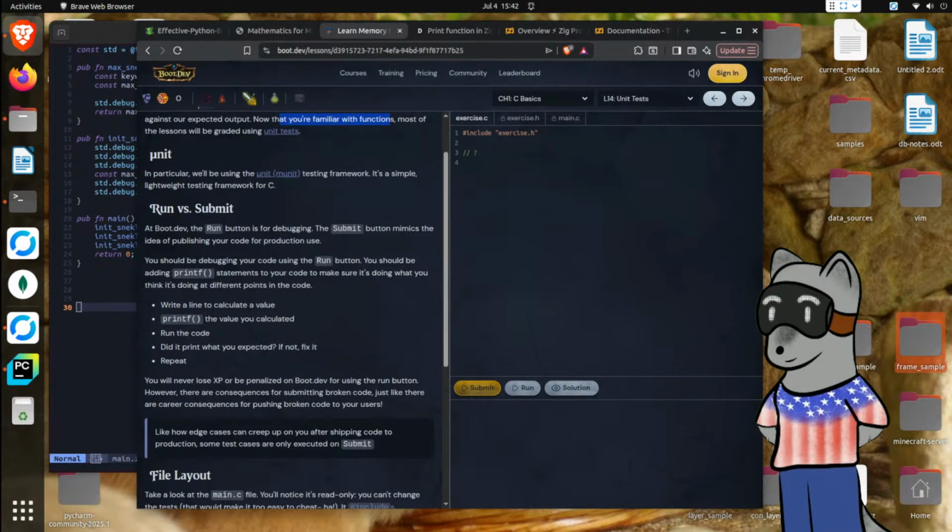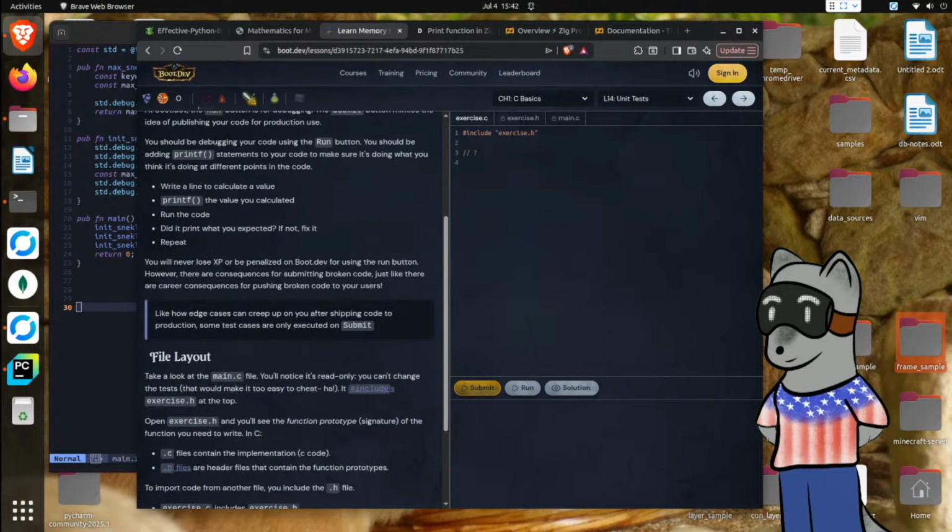Let's see here. At Boot.Dev, the run button is for debugging, and the submit button mimics the idea of publishing your code for production use. You should be debugging your code using the run button. You should be adding printf statements to your code to make sure that it's doing what you think it's doing at different points in the code. Write a line to calculate a value, printf the value, run the code. Did it print what you expected? If not, fix it, repeat. You'll never lose XP or be penalized on the